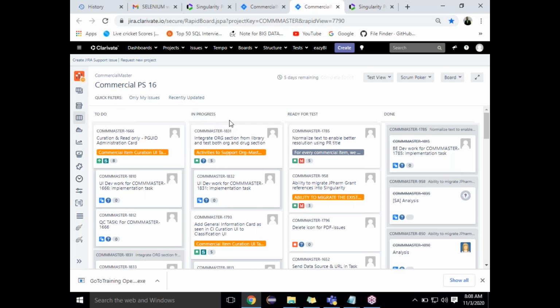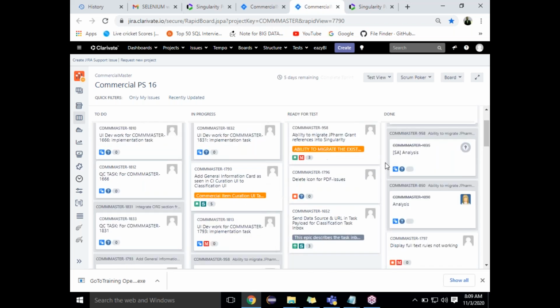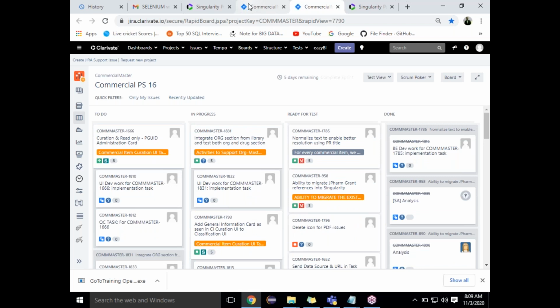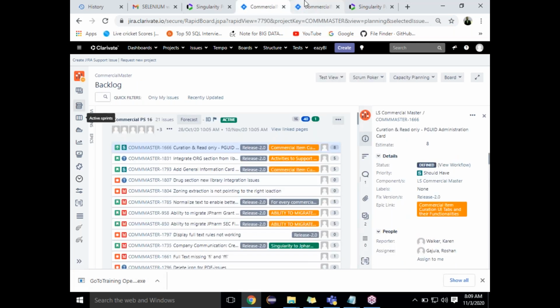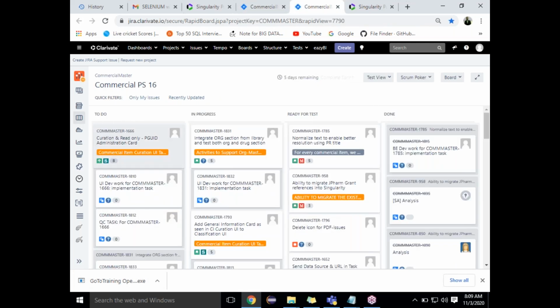Once they complete the development, they will move the task to ready to test. As a test engineer, we have to pick up only the tasks which are in ready to test, and go through each and every story. The same stories are first moved to the to-do list by the developers. From there they move to in progress, and from there to ready to test. We have to pick up the task. Once we do the testing, if there are any errors, we'll go here and create it.